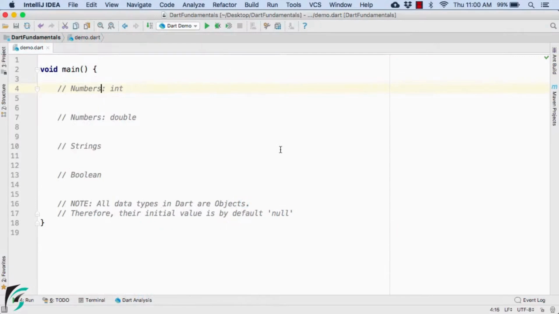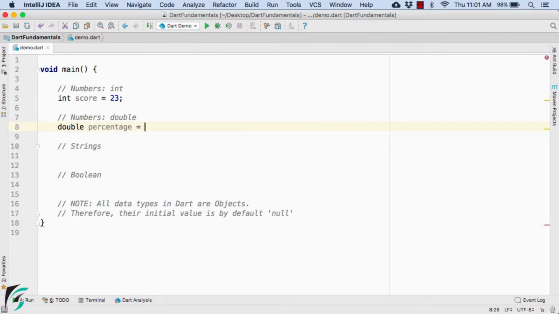So head back to your editor, and now here, for the sake of simplicity, I have just written some comment line. Let us start with the integer data type. So the syntax is very similar as discussed. For example, let us declare a score integer and make sure to end the statement with the help of semicolon, right? Like this. Now similarly, let us define our double.